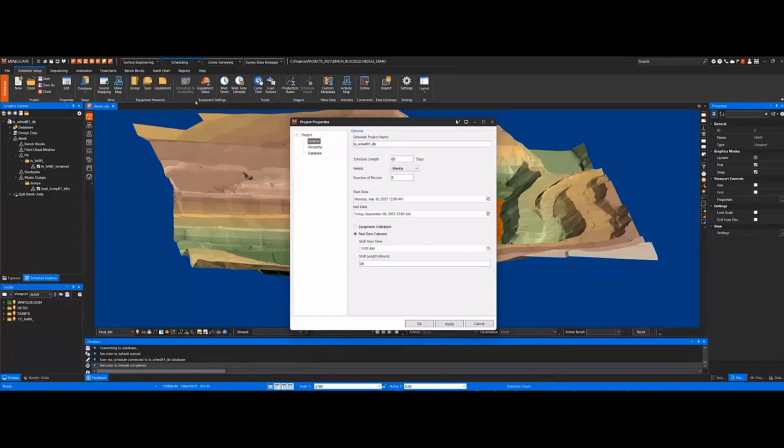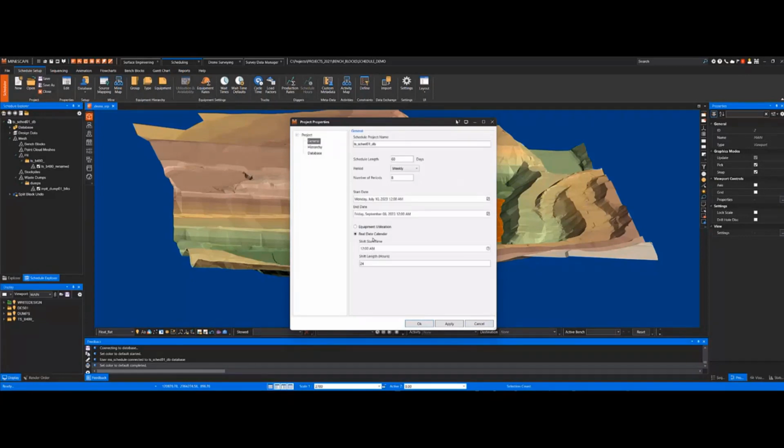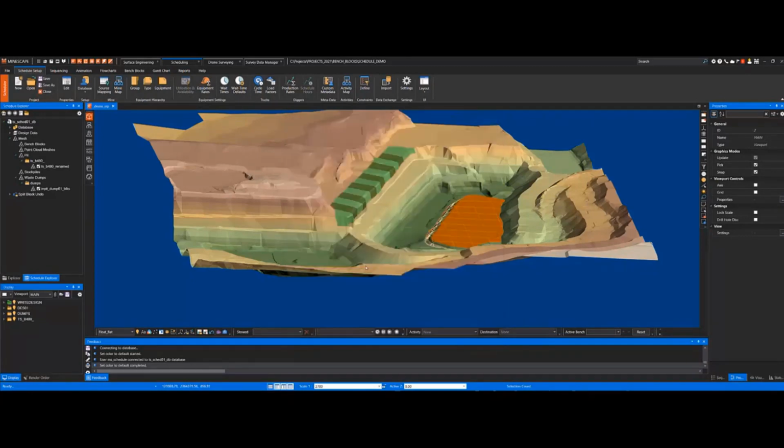What that does is it either desensitizes or opens up options up here, depending on how you want to run. It's no big deal. And you set up your hierarchy, how you want to do your pit and dump. It's that simple. You can always go back in here and bounce back and forth between equipment utilization and real date calendars. You get that done.